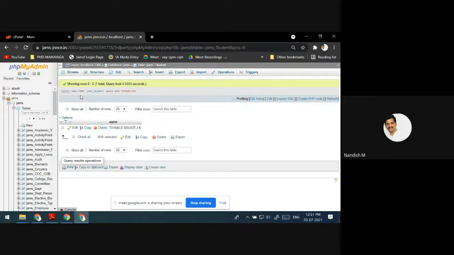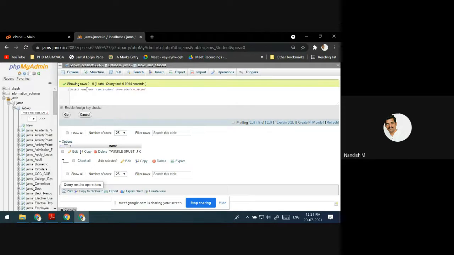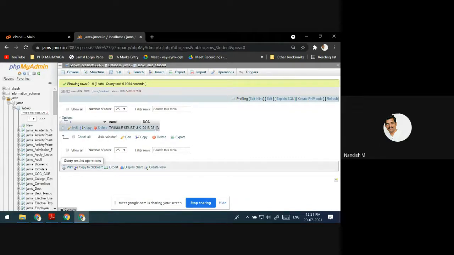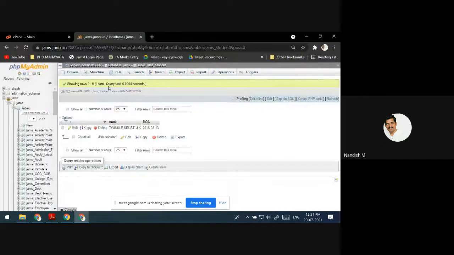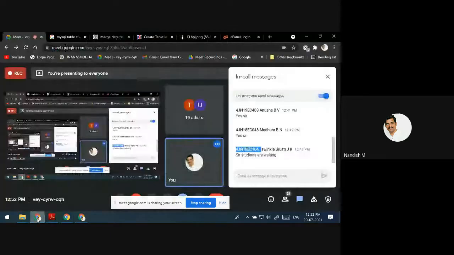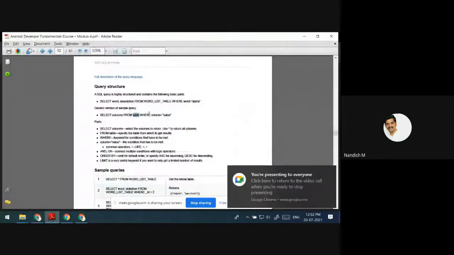If I want date of admission with the name, I write name comma DOA, and I'll get the date of admission. In that way, you give the column to select. Select is a keyword. From is a keyword. Then the table name, here JAMS_student. And where is a keyword, then the column name, which is USN. USN equals value.